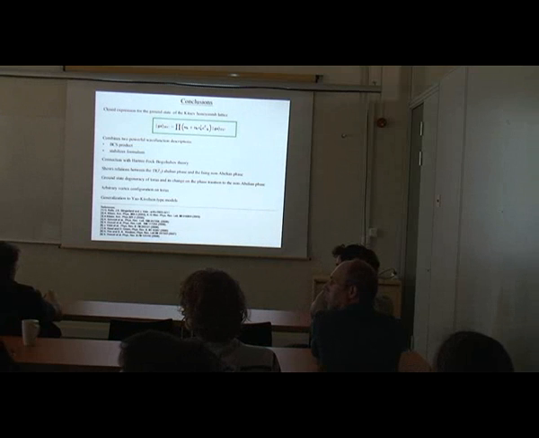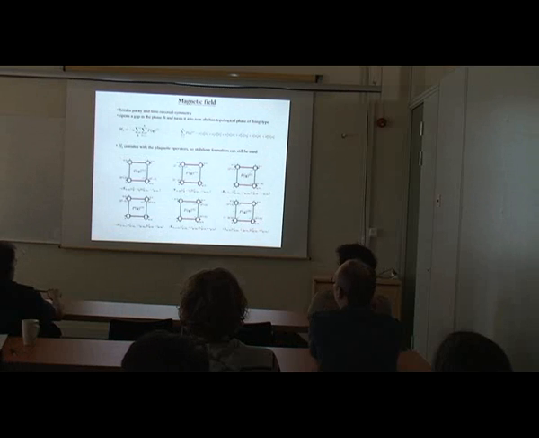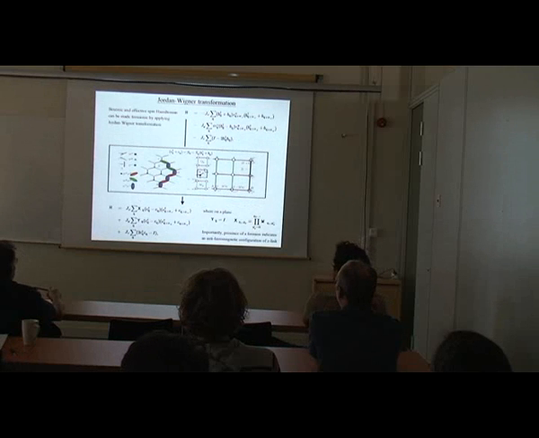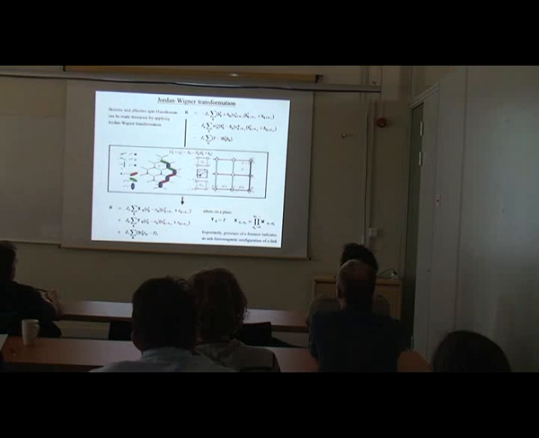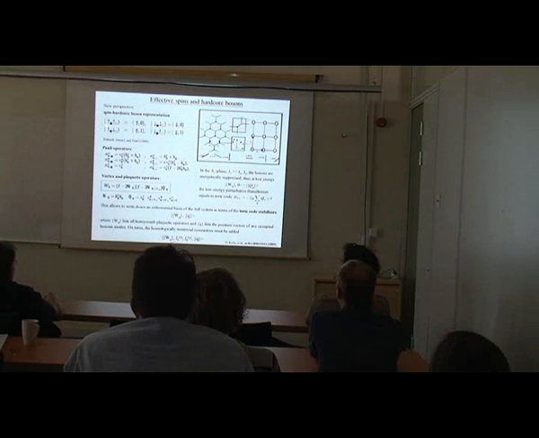Yes, something I didn't understand. When you did this fermionization, you started with a Hamiltonian that had spin tau operators and d operators, and then you bosonized the boson. What happened to the spins? So the spins are still there, right? This is an exact mapping. We have 4 states here on the left side and 4 states on the right side.